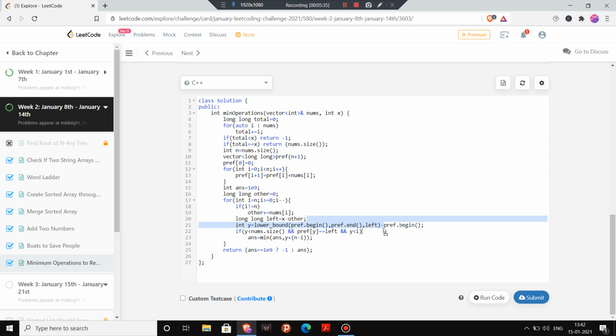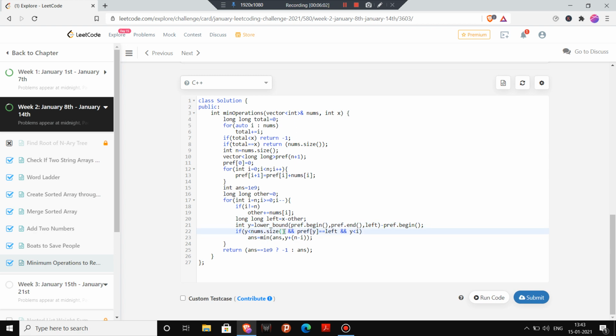Okay, now if y is less than nums.size, it may happen that the left for which we are looking doesn't reside in this nums. In that case, our y will become nums.size.